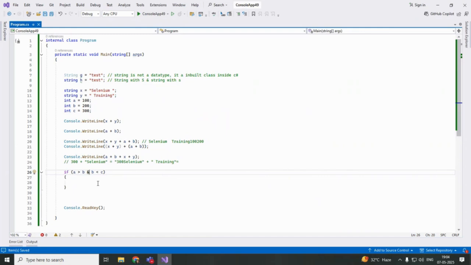In double and, yes, that's the difference. Okay, that single and will check both conditions, and I know that I have to satisfy both conditions. Now in this double and, we'll check the first condition first,